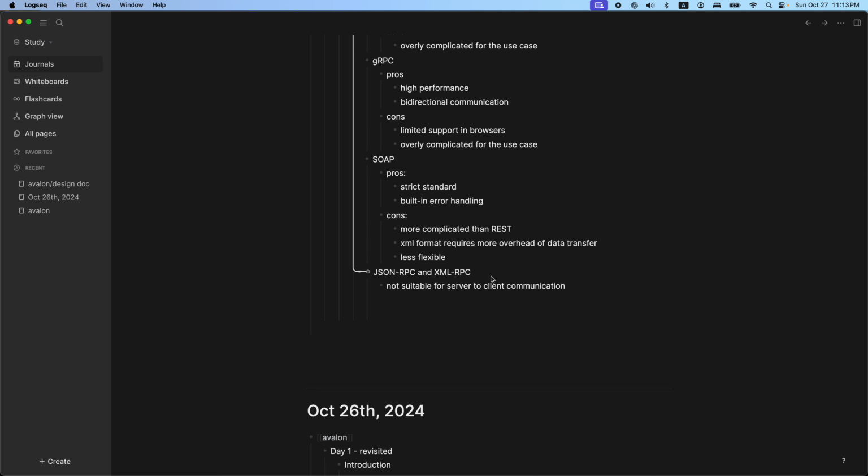And the last but not least, we have JSON RPC and XML RPC. RPC is basically a remote procedure call. It's basically calling a method through the internet or through the network. If you read about it, the opinions about this are not unified. On the one hand, it definitely can simplify lots of logic. We are calling a service just like a function call in our code base, but then